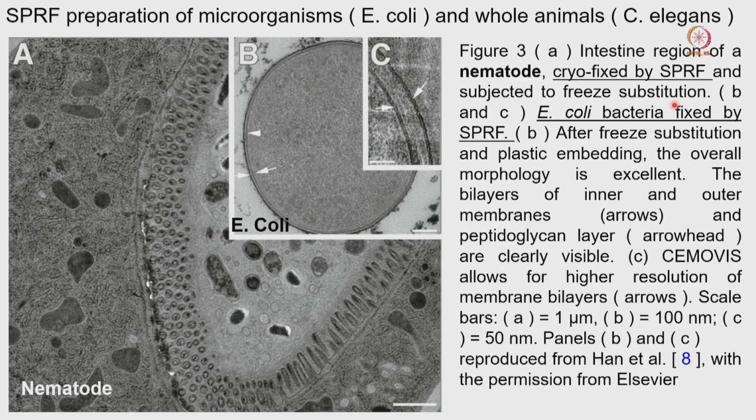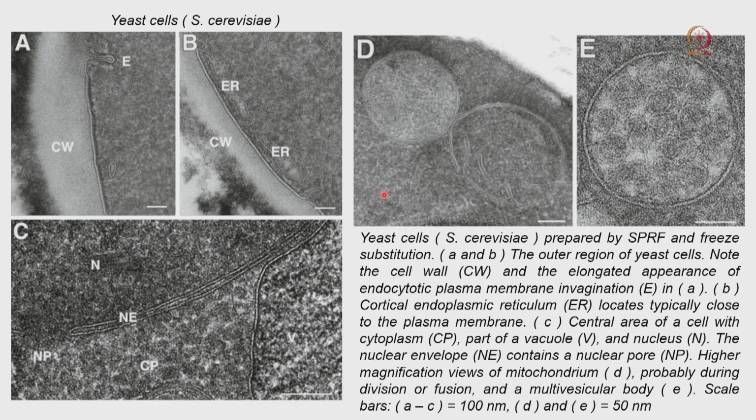If this technique does not work, you can see a lot of ice crystals damaging the sample completely, but in this particular case you can see the cells are very clear, with no damage due to ice crystals. Even the lipid bilayers are clearly visible in those images. That is the most important part, where you can see the lipid bilayer difference, and lots of other components too.